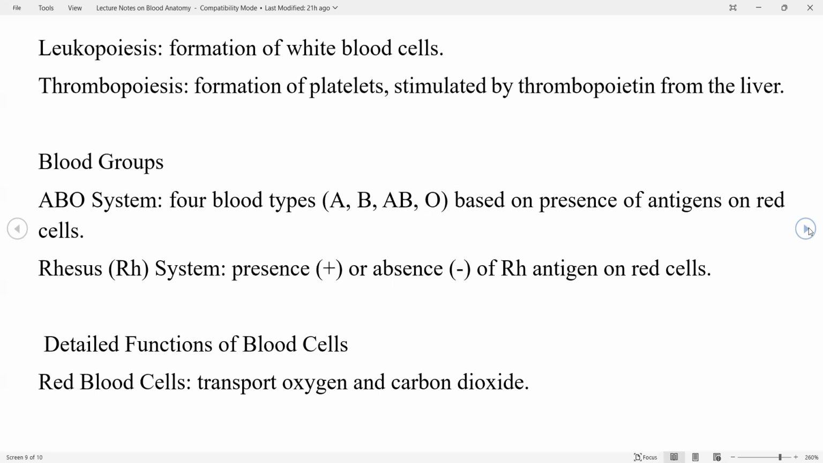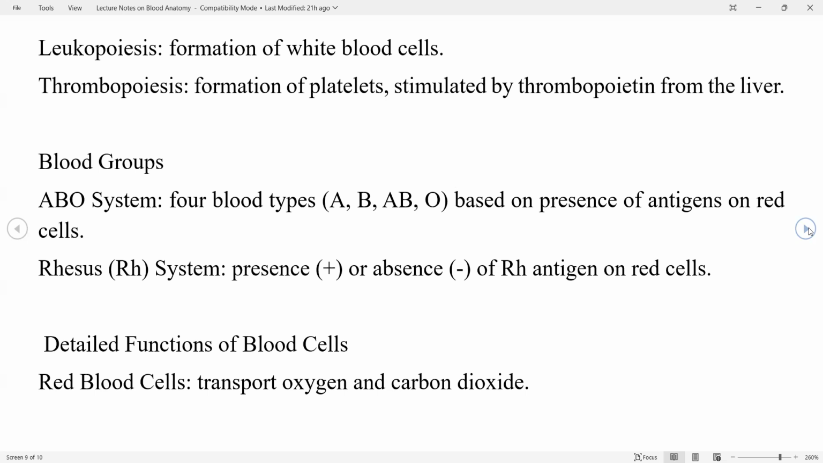Now, let's leave some of these blood disorders and go to blood groups. For blood groups, we have the ABO system. So we have 4 blood types: A, B, AB, O. Now, based on the presence of antigens on the red cell, if your blood group is A, it means